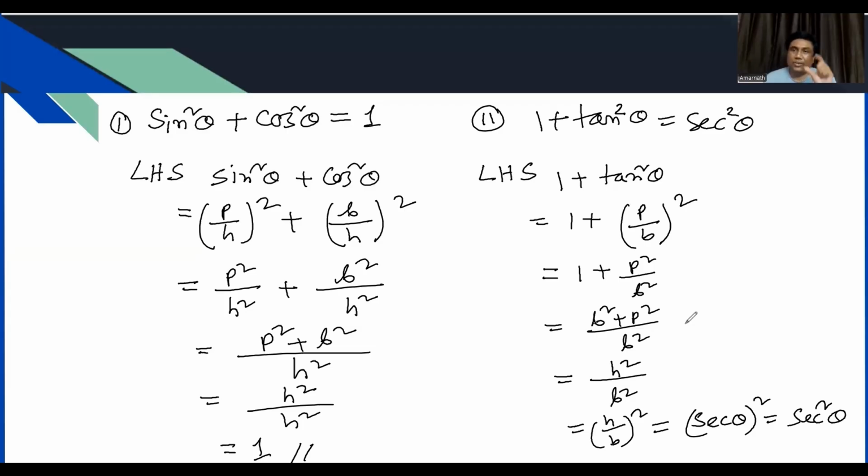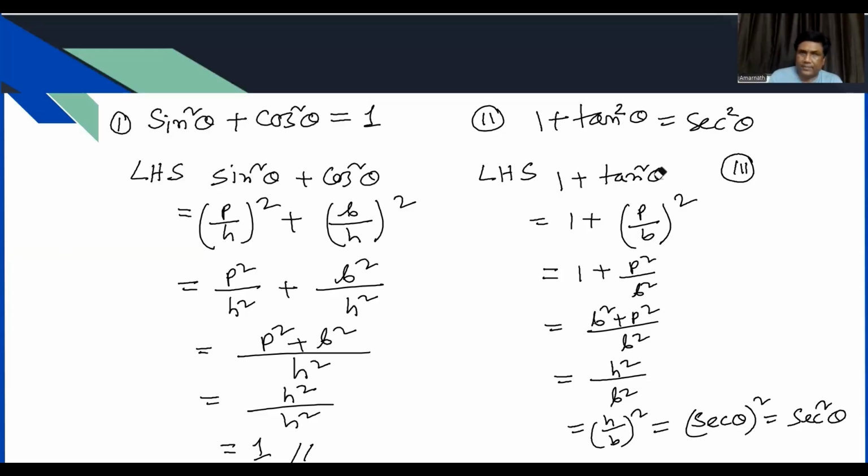I'll share the trigonometric table. The sine 30 value, sine 45 value, sine 60 value. Okay, in the next class. Today it will not be possible because of the time constraint. But what I want to say more is that third formula, you can say tan theta, or you can say